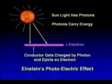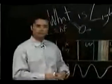Einstein won the Nobel Prize in 1921 for explaining the photoelectric effect. The photoelectric effect is essentially the conversion of photons, the mass particles that are basically light, into electrons, which is energy. He discovered that when photons struck a metal plate or a conductor, the metal plate ejected an electron. So when the photons, which are light particles, came into the object, the conductor ejected an electron, and that electron had a charge on it. So what that showed is that photons, light, had energy in them, and that light could be converted into usable